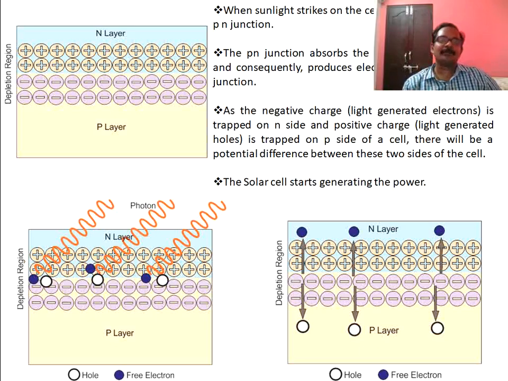Now what do you understand by this? A normal diode, if you keep it inside a room, acts as a PV cell, that's it. But whenever you take the solar panel and keep it in the sunlight, and sunlight strikes the solar panel, what happens? Now it starts generating power. It acts as a solar cell.